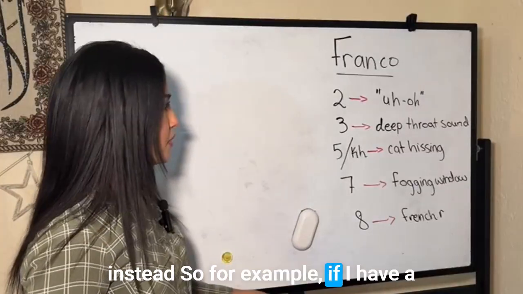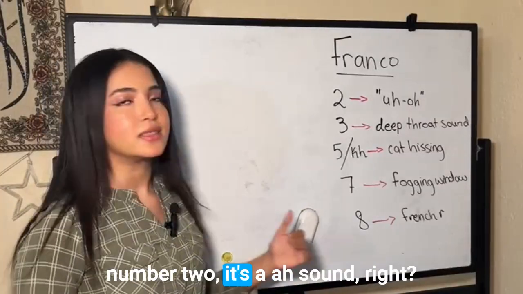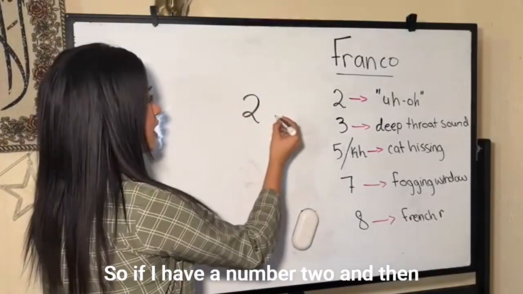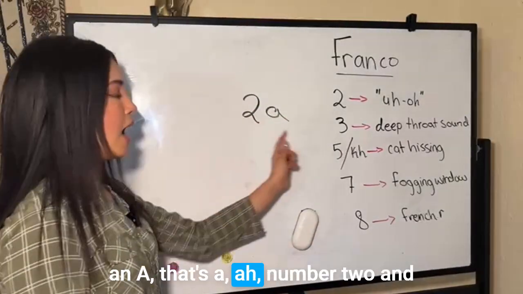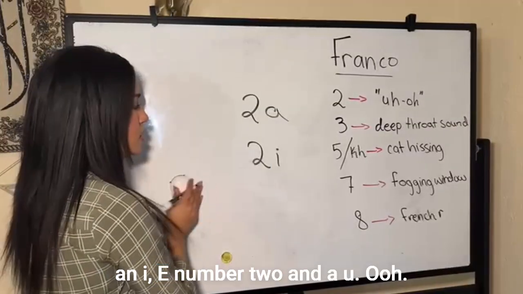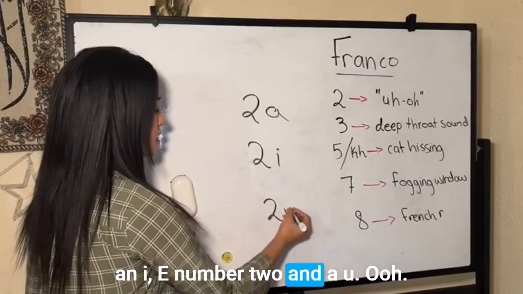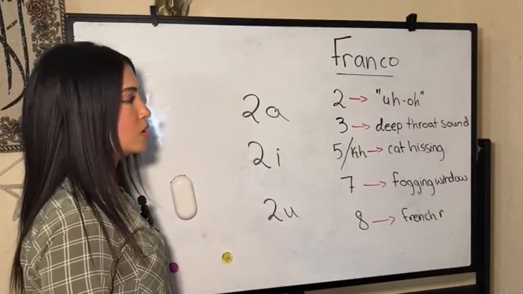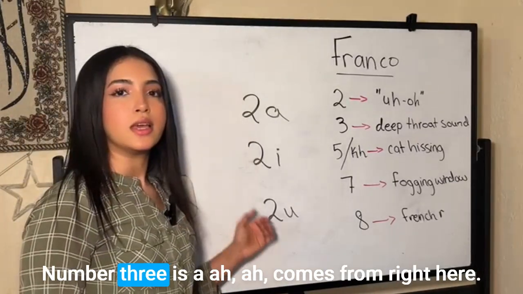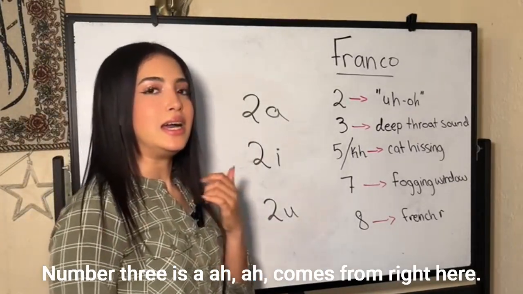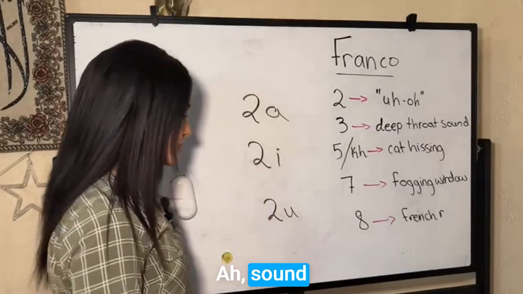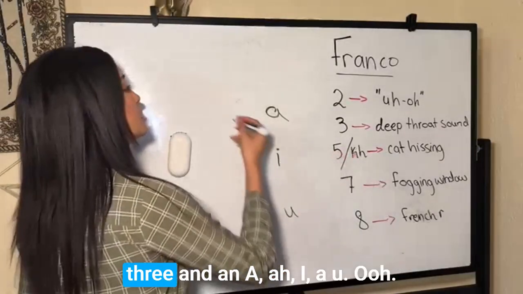For example, if I have a number 2, it's a sound, right? So if I have a number 2 and then an A, that's a, number 2 and an I, E, number 2 and a U, U. Okay, what if I have a number 3? Number 3 is a sound that comes from right here. So now if I have a number 3 and an A,